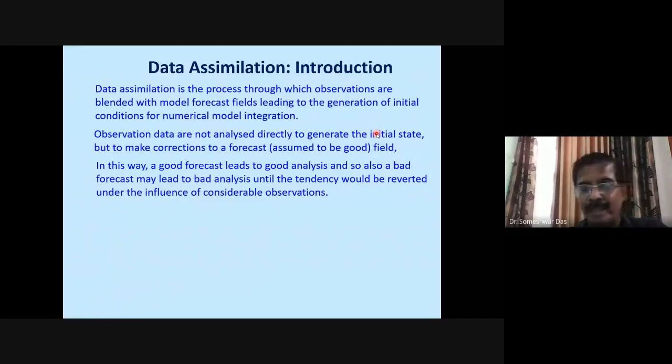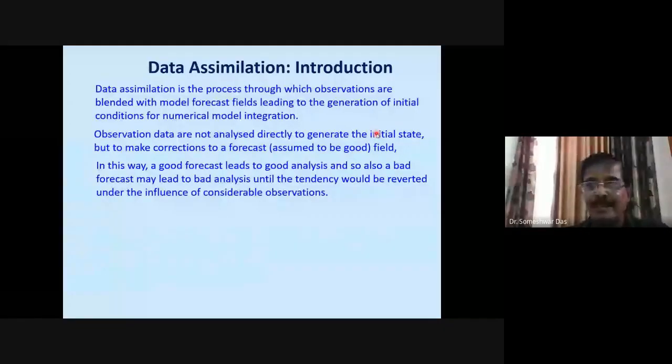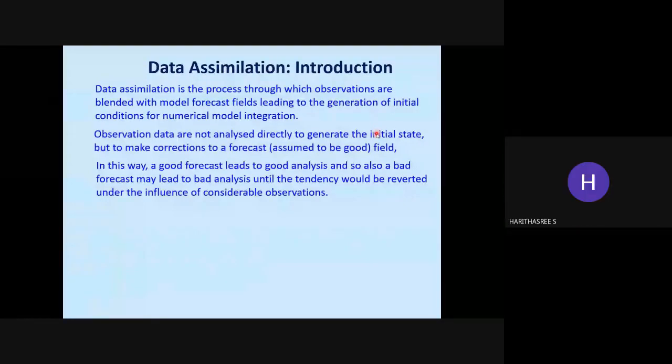Like you must have heard that WRF version 4.0, 4.1, 4.2, right? You may know about that, starting from WRF version 1.0. So presently, I think WRF version 4.2 is going on. And to go from version 1 to 4.2, you know how many years it has taken? Any idea? No, sir. No idea.